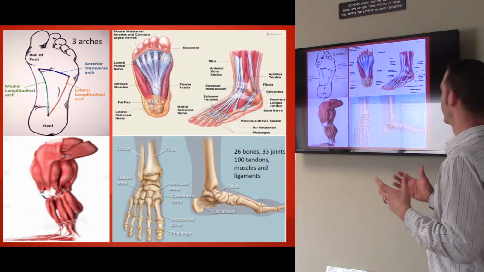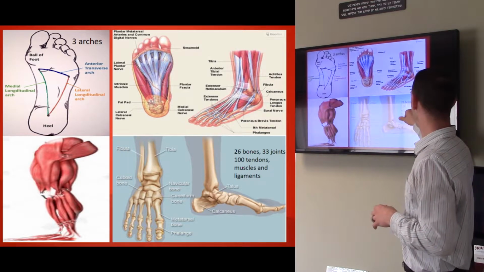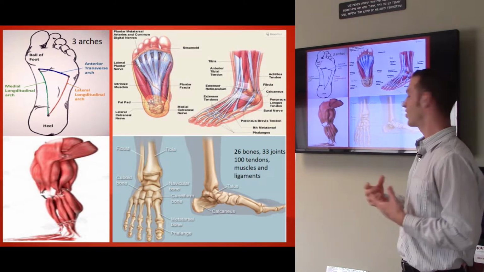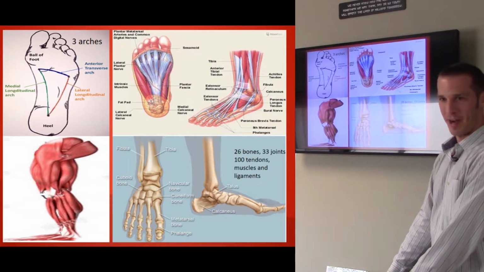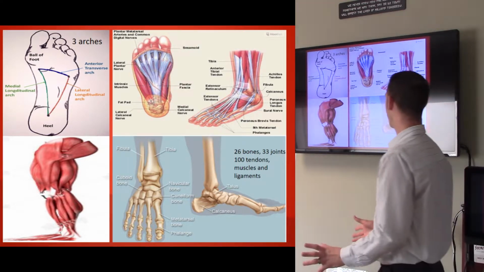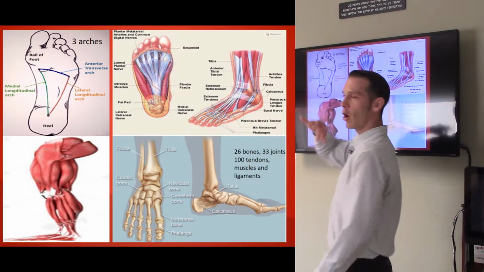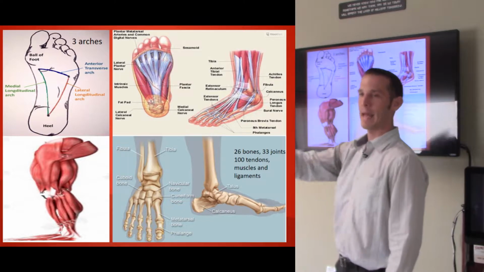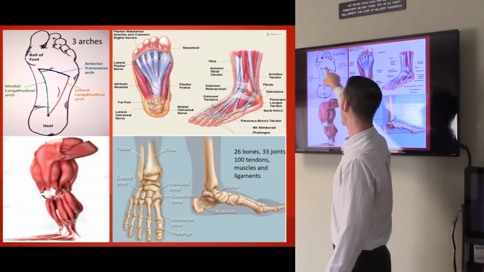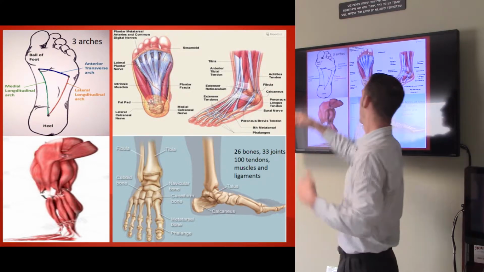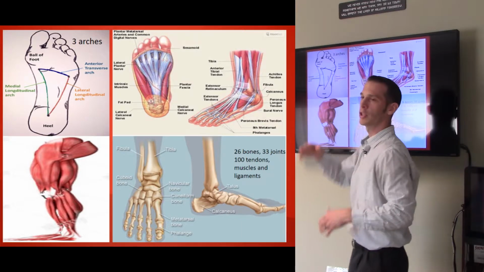Here's your foot. Foot's an amazing thing, right? So it's got 26 bones in it, 33 joints, 100 different tendons, muscles, and ligaments all inside of it, right? I think it's a pretty amazing piece of machinery that we have here, right? And there are 3 arches that are supposed to be inside of the foot, right? So we have the anterior transverse arch, the one that goes across the front of it. And then we have the medial and the lateral longitudinals, the ones that go